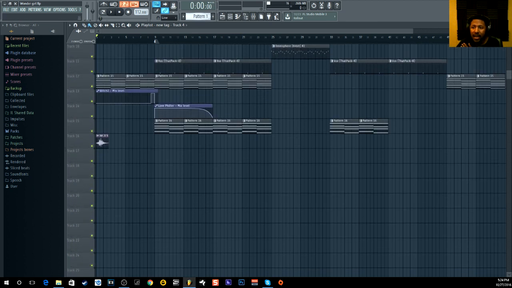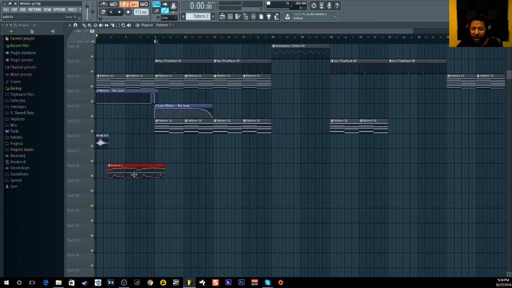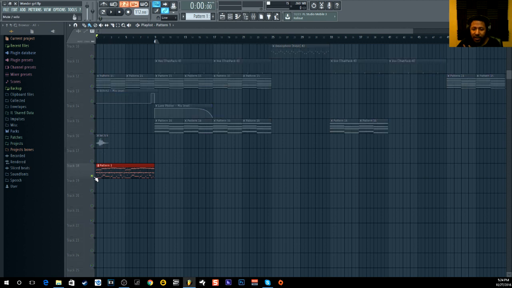Now, a lot of people ask me, how do you take everything in the first pattern and actually put it in the beat? That little shortcut, I'm gonna teach you guys. It's very simple. I'm gonna put the pattern in the beat. Now, as you see right here, it's every sound. How do I split all that up into different channels? Magically, apparently. It's a little shortcut I use all the time.